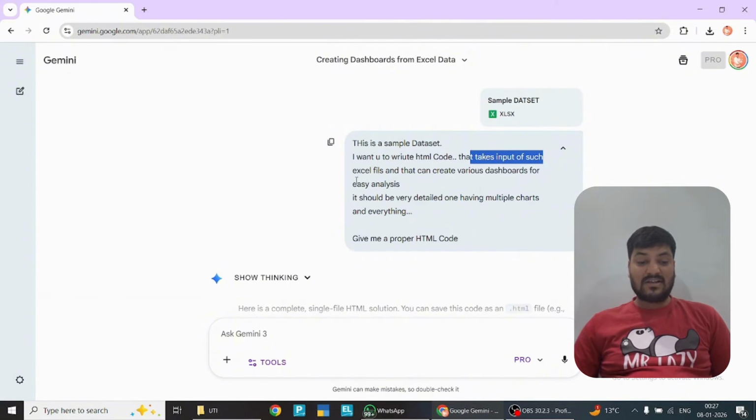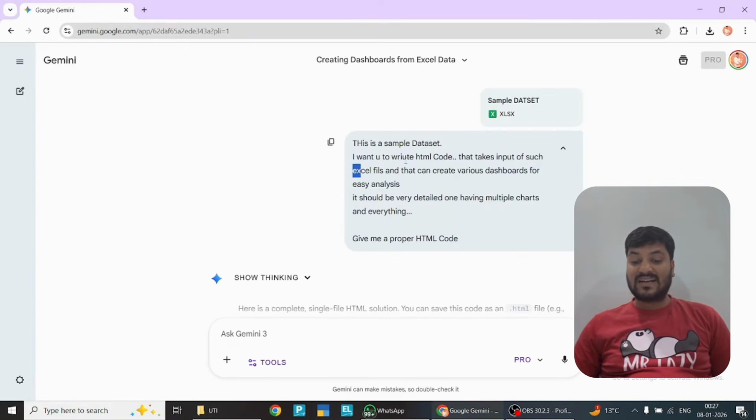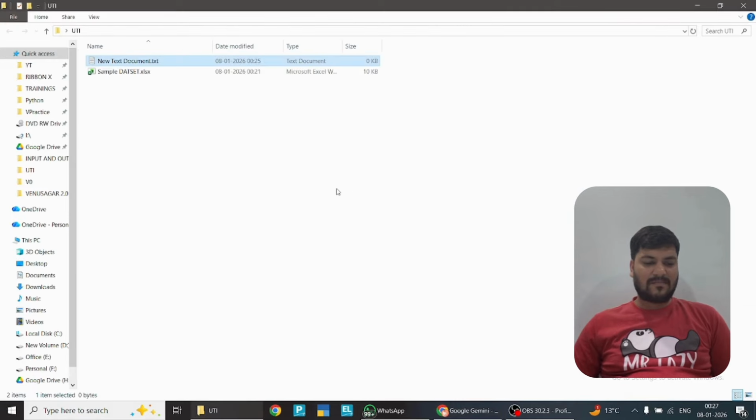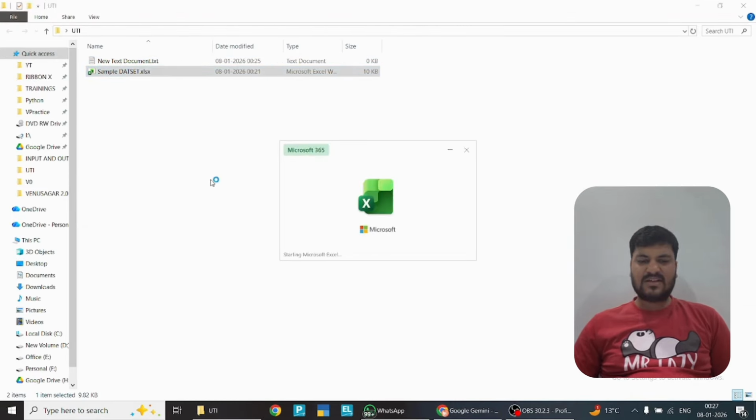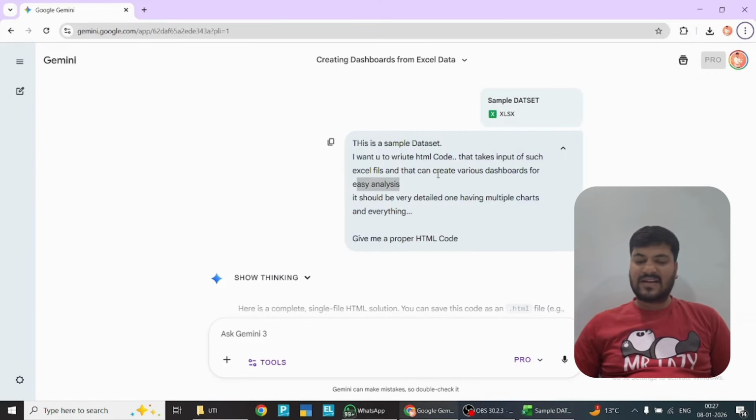So what I have told is that I have one Excel file and you have to write the HTML code that takes input of such Excel file, and that can create various dashboards for easy data analysis. You just have to create dashboards for me so that I don't have to keep scrolling through long huge data like this. Okay, you can create pivot tables, dashboards, all these things, but we will see a very easy way. Okay, so what I've told is that you give me HTML code that takes input from the Excel file